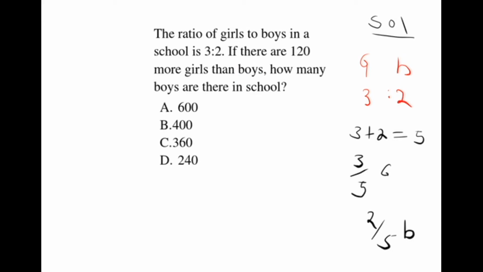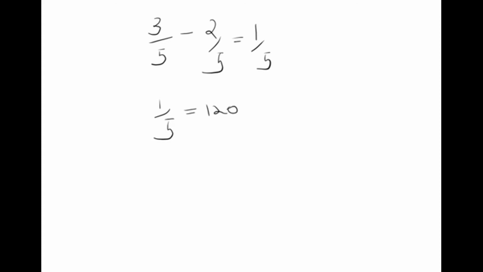Therefore, we subtract 3/5 minus 2/5 to get this fraction now, which will represent 120. Therefore, we have 3/5 minus 2/5. We get 1/5. Therefore, 1/5 is equivalent to 120. The boys, their ratio is 2. Therefore, 2/5 will be equivalent to,